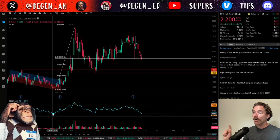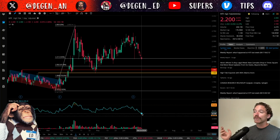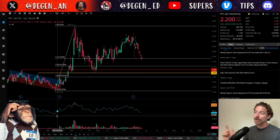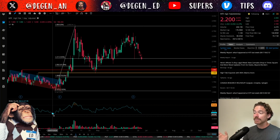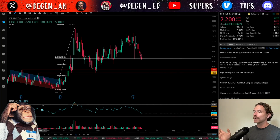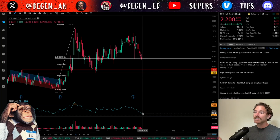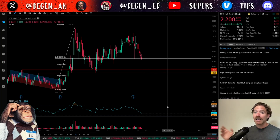And while we are at even lows, not necessarily breaking into lower lows with the RSI, price doesn't need to come down much more for the RSI to break notably lower than it was at the beginning of March. It is currently at 38.22 over in March. It hit a low of about 37.99. If the RSI were to dip to 30, I would think that would represent a great dip buying opportunity,